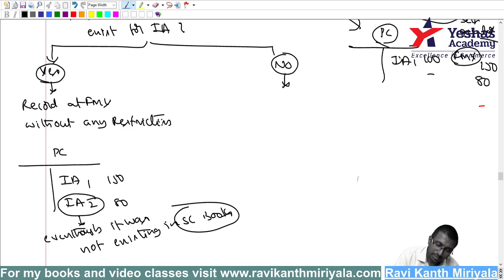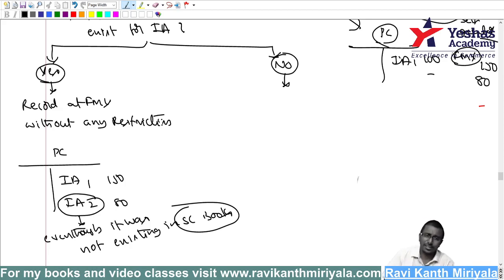Next, if you say no, it means there is no active market. No active market is not equal to no market. Active market means buying and selling take place frequently. No active market means people are not buying frequently. They may be buying once in 6 months or once in a year. The market is there, but the market is not active. Got my point?